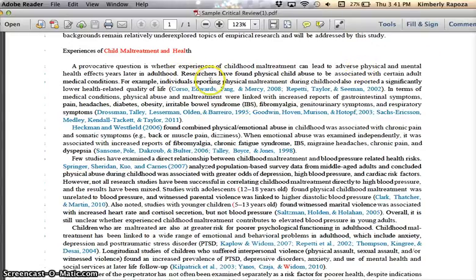So in this first paragraph, you can see I don't summarize one study and another study and another study. I really say, okay, here's some material linking physical maltreatment to health, and here are the particular studies that did that. And also, different medical conditions. Here I list out all the different medical conditions, and these are all the studies that found those particular findings. So this paragraph really orients the reader generally to the problem.